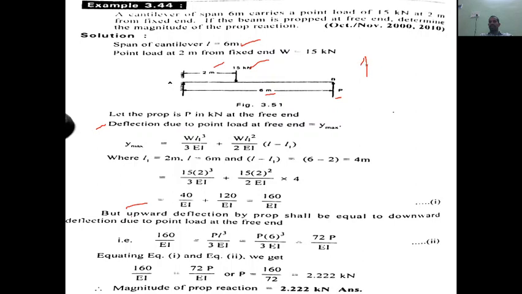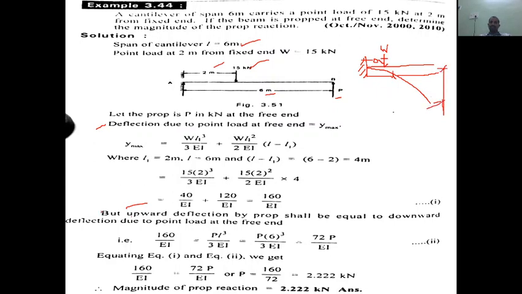Let me draw over here a cantilever beam subject to an eccentric point load. Let us say it is acting with a point load W at a distance of A, where the overall length of the beam is L. This is A. Now for this particular case, the maximum deflection diagram will be like this, and you will get the maximum deflection again at the free end only.